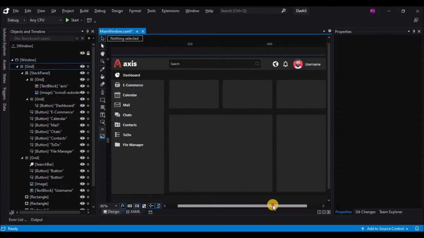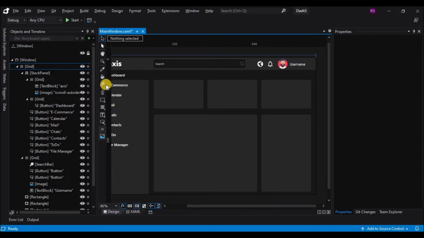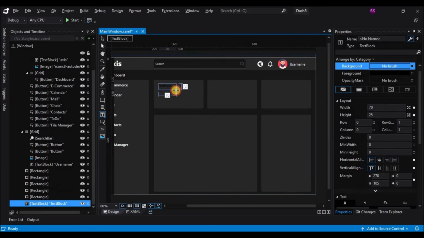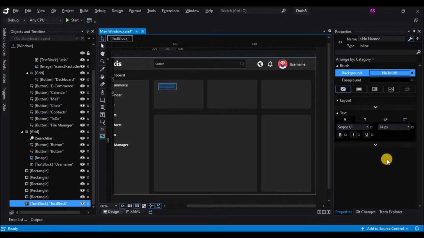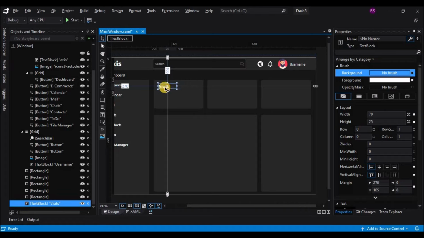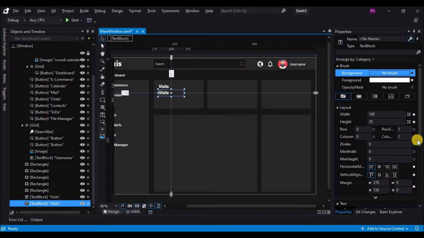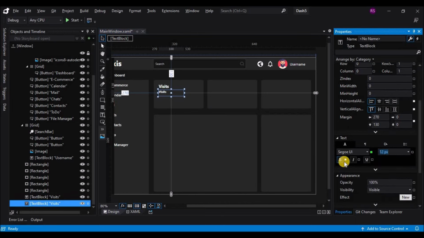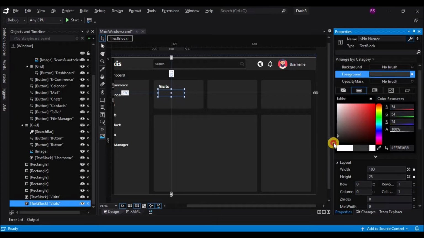Now let's move to the individual card elements on the screen. So let's start by designing the first card that we have. So let's add a text block inside that rectangle. Change the bold property, change the text, change the size, and also change the foreground color to white. Make sure you leave enough room for the graph that will be inside that card. So let's change this text size, change the foreground color, change the text,